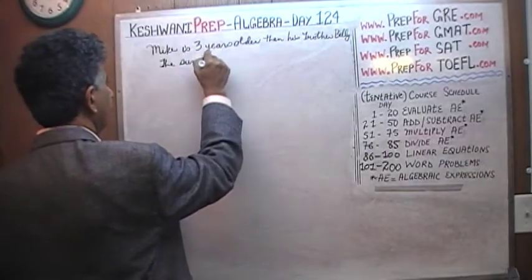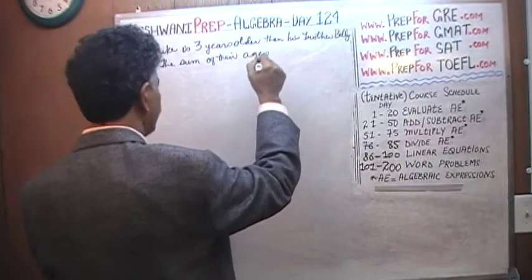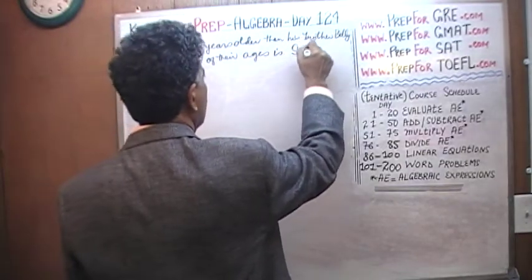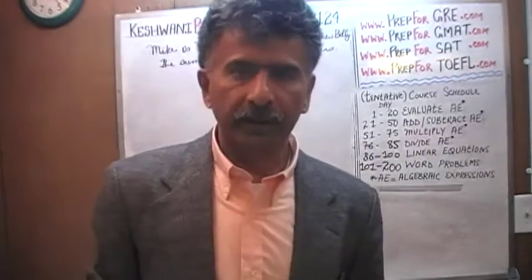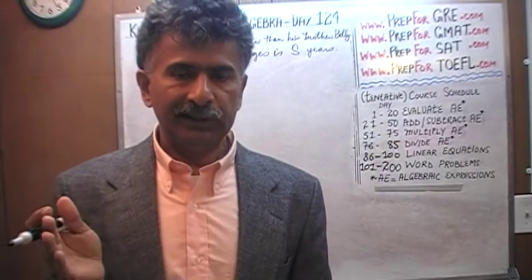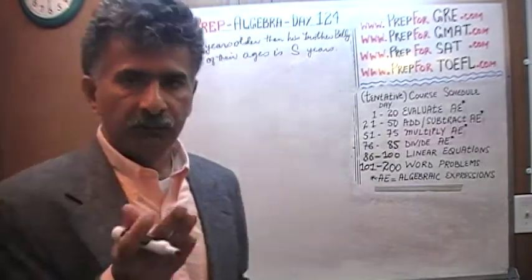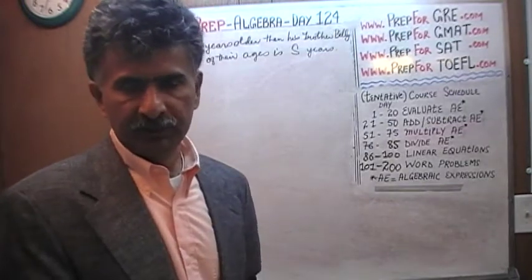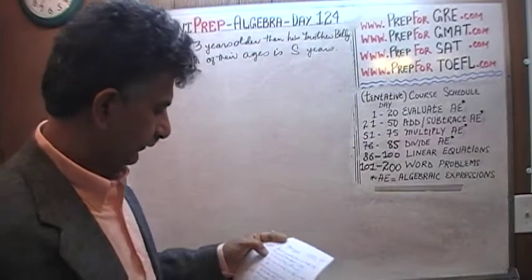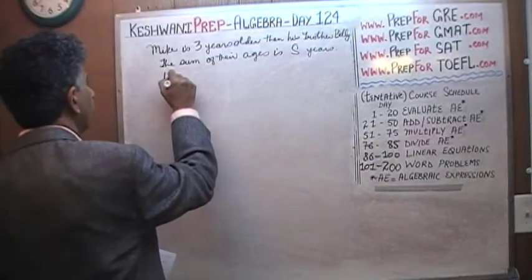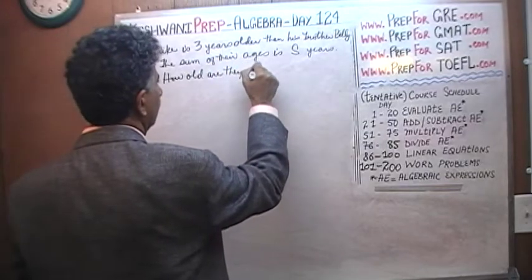The sum of their ages is S years. We are told that if you were to add up their ages, the age of Mike, who happens to be 3 years older than his brother Billy, and Billy's age, it adds up to S years. S for the sum. Question is, how old are they